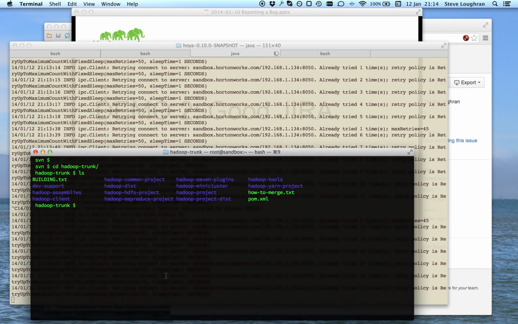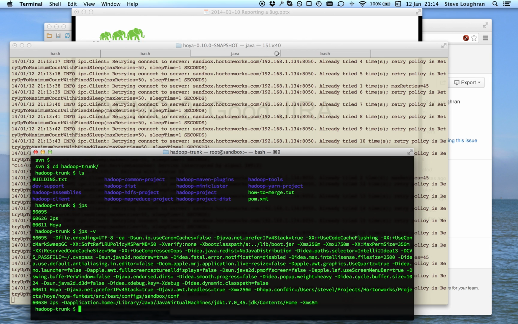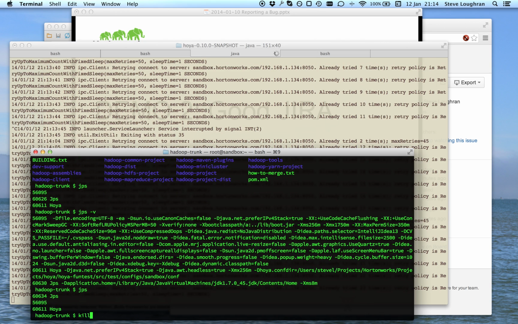First, I want to get a stack trace of what's going on. There's not enough in bits of the log. You really need to say where the code is at the time it didn't work. So jps gives me the Java processes. jps -v, I'm using the same stuff. I do jps there. Let's kill -quit